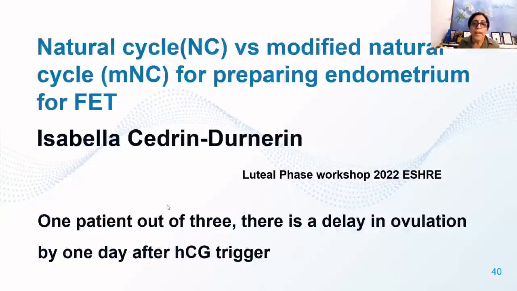Okay. So again, there is a variation of 1/3. So 1/3 of the patients, the ovulation occurred, the progesterone rise occurred 24 hours later than expected. So these variations are there whenever we're doing a natural cycle or modified natural cycle, and it's taken care of because we also know that the window of implantation is wide. Like we can have a +24 hours ± variation.